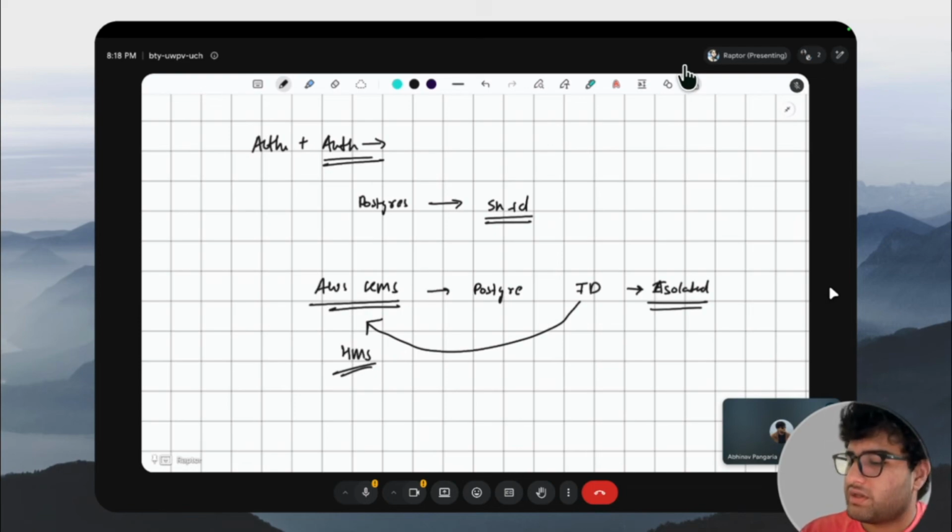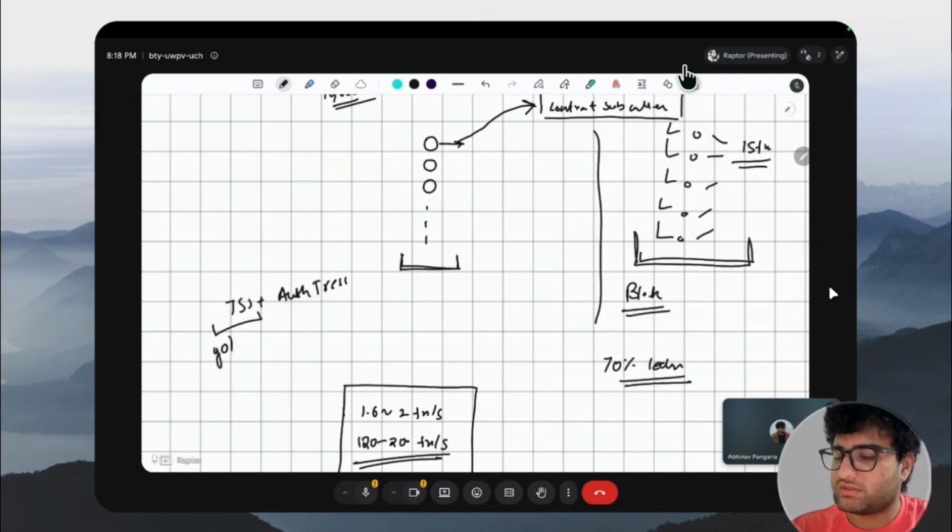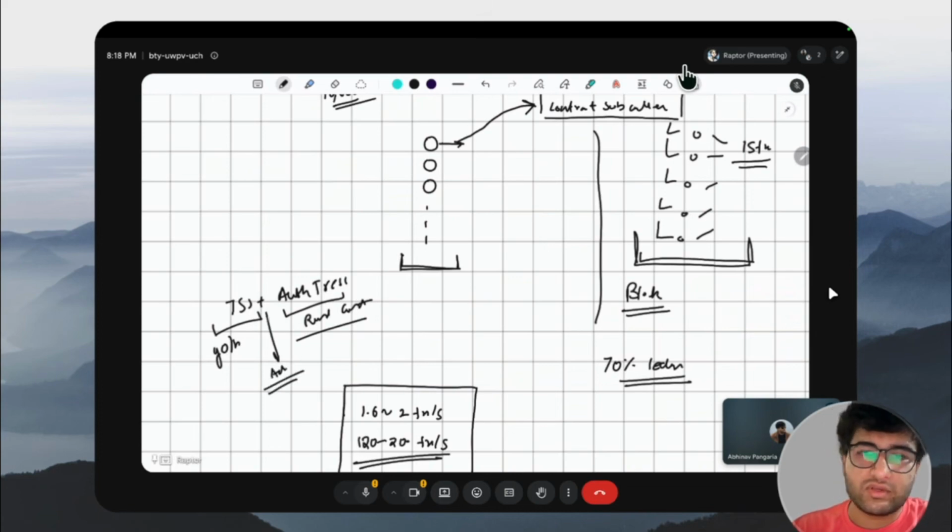And this integration sounds pretty easy, TSS plus auth trees, but it is not very easy because this runs entirely on a Go backend, and this is a completely Rust contract-based system. So you need to build adapters in between to manage the queue and calls. Everything there was designed by me.